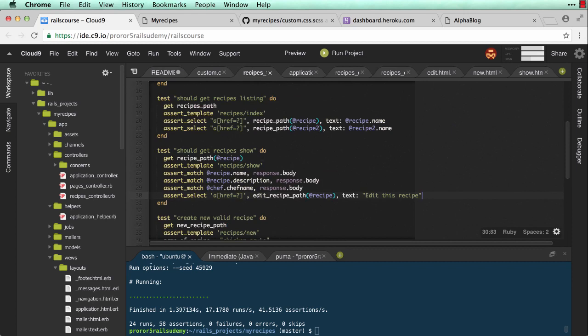In my show recipes test right here, I'll have another expectation. So assert select, and I'll expect a delete link. a href equals question mark. And this should go to the delete route, okay? And what is the delete route? If I type in rails routes,